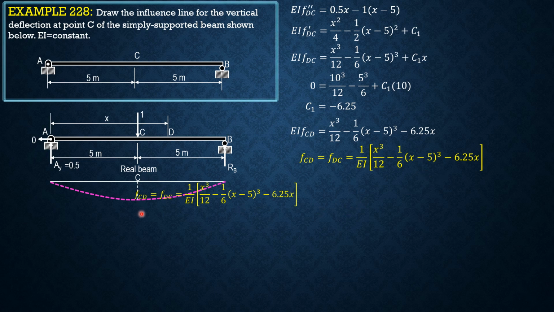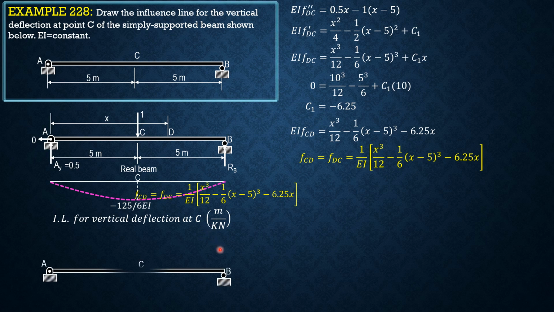And when x is 5, f_DC is negative 125 over 6 EI. Then that's the influence line for deflection at C, vertical deflection at C in meters